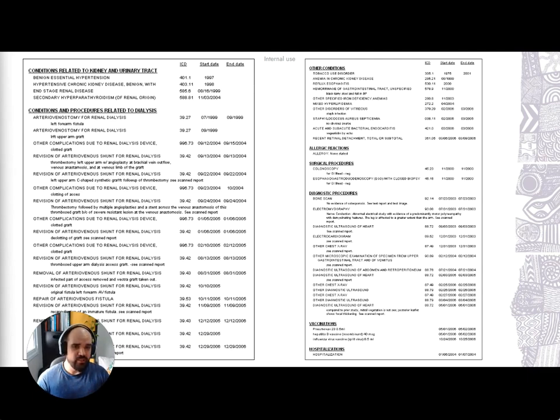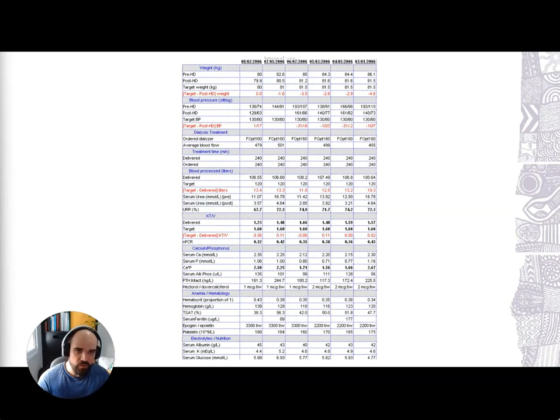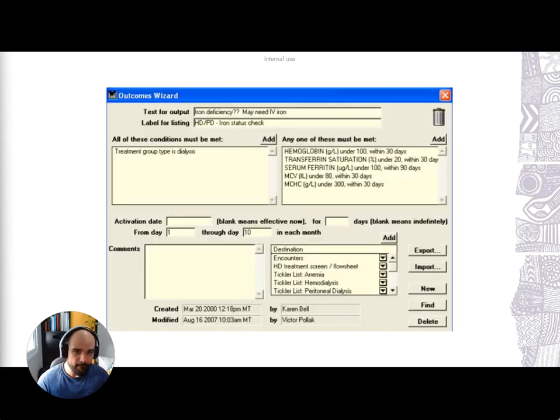Important events and procedures were presented below in a chronological manner, and professionals also had easy access to allergies, surgical procedures, diagnostic procedures, vaccines, and hospitalizations. All laboratory results were readily available in a chronological format that facilitated comparison with previous results. And professionals also could easily set up conditional alerts involving the laboratory results.